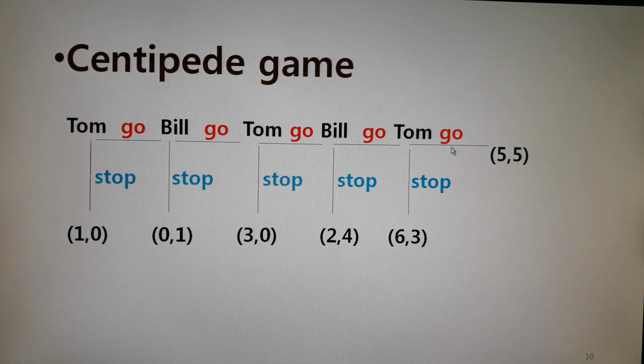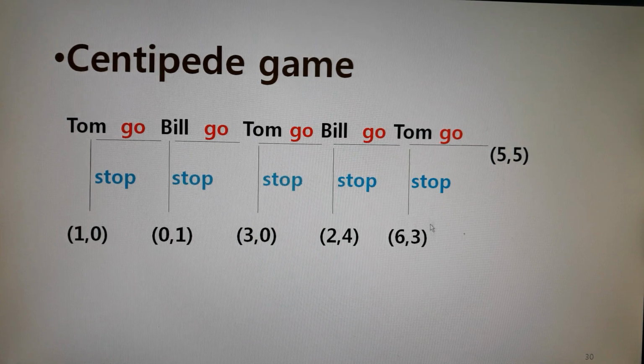Bill, of course, can do the backward induction on what Tom would do. Unlike the lion of Aesop, Bill is a smart guy. Whatever Tom may say, "Oh, don't worry, I will go and you will get 5 million instead of 4 million, stop here." But then Bill said, "Come on, Tom, I know backward induction. You would stop because that will give you 6 million. If you go to 5 million, you are my good friend, but I don't think you will do that to me."